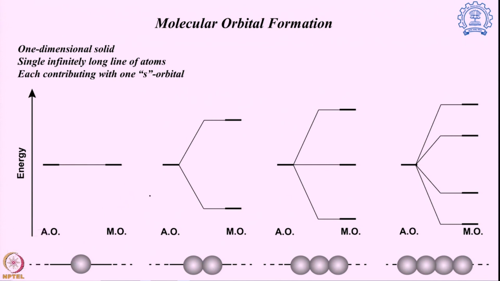Now, we go to the next section where I have 4 atoms coming to the picture. Now, we have again one molecular orbital which is bonding in nature, one is anti-bonding in nature, and there are 2 sets of other orbitals, and even then one is bonding, one is anti-bonding. So, how is it coming? For the bonding section it is easier to understand that all of them are in the same symmetry,